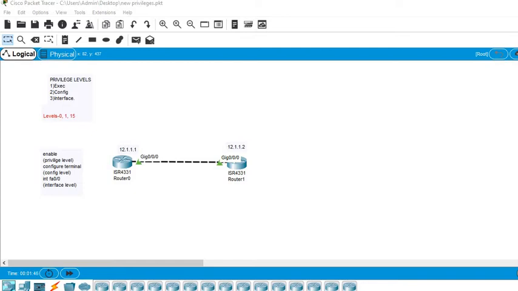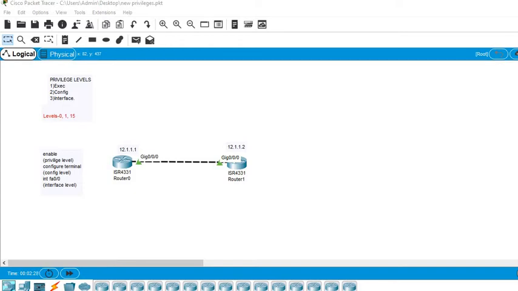Today we'll start with creating a topology where I have used two routers and have already configured the interfaces. Here, let's start with creating privilege levels. The first is the privilege exec mode, config mode and interface mode. First of all, you want to learn the levels of privilege. The highest level of privilege is privilege level 15, where you can do anything. It is just the administrative level, like the admin in your organization who can run any of the commands. It's just similar to that.